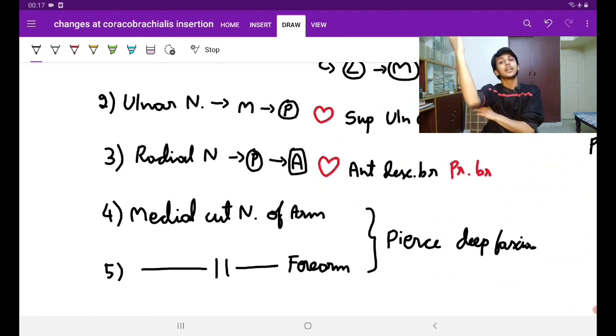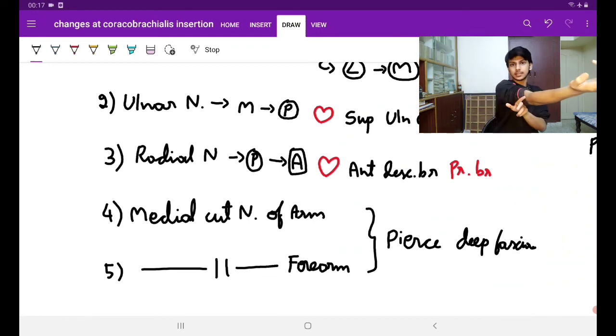But you know what? Radial nerve is also a content of the cubital fossa here. It is a content of cubital fossa. It's giving a superficial radial, superficial branch there. So this is the cubital fossa. It is in the anterior aspect, but the nerve is in the posterior aspect. How did it come there? It came like this. It came this way.